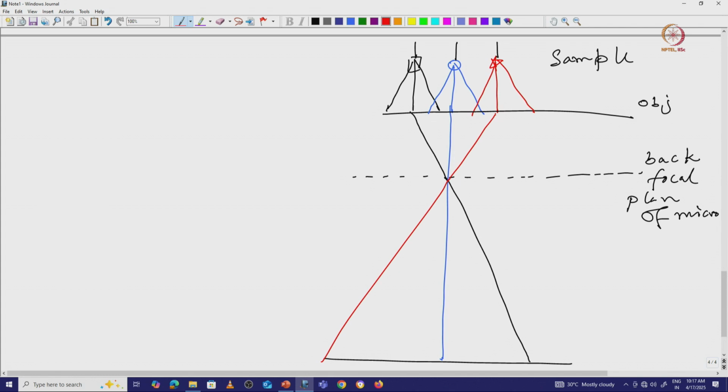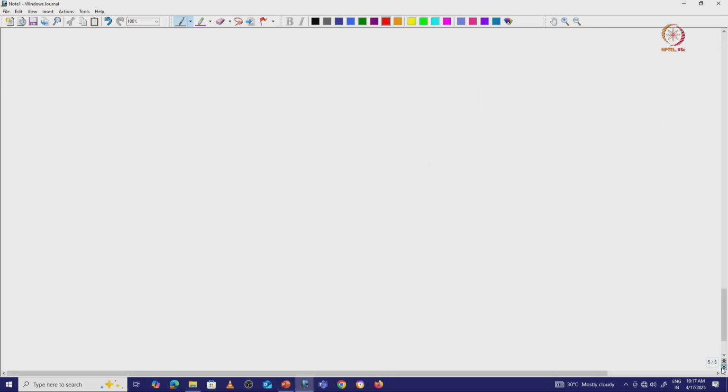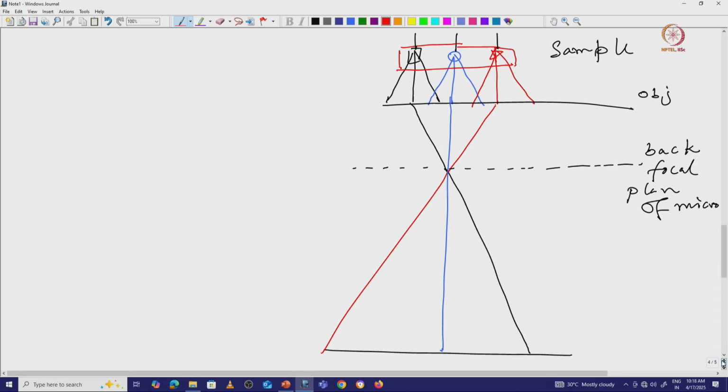Your sample is basically this red box, and in this box we have one square, one circle, and one star, and we are going to image that here.